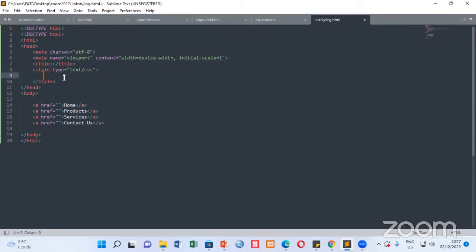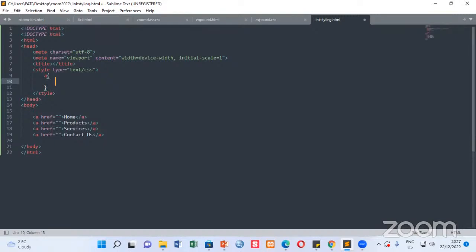Here, I will call the anchor and give it the following properties, like